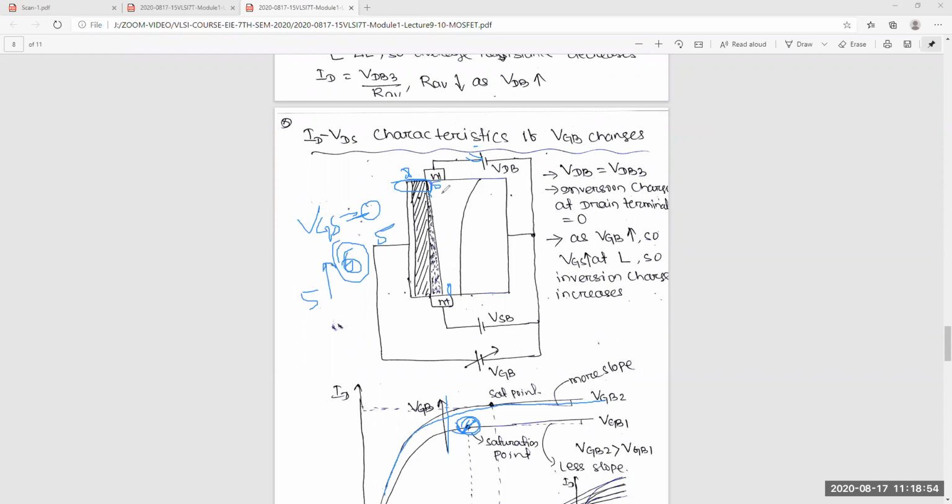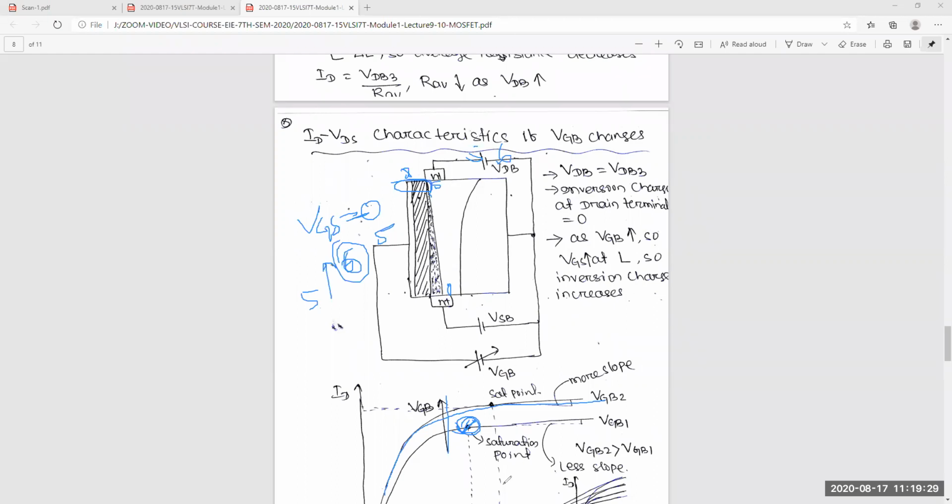That means if you are increasing VGS from 5 voltage to 6 voltage, at that point the charge is not 0. To get that charge 0, or threshold point voltage, you have to give more VDB, drain voltage. So if you give, suppose here 5 voltage, that means at 6 voltage again it will come to 0. That charge will be 0. So that point is called the threshold point. Yes or no? Yes, sir.